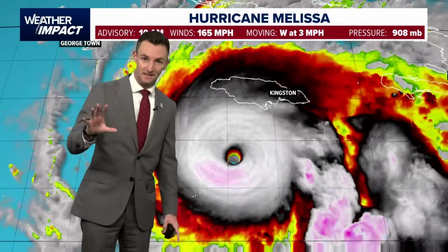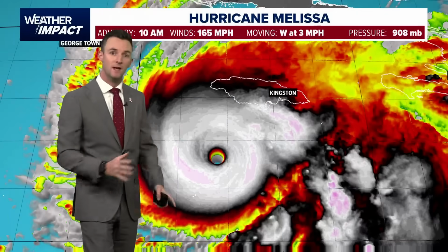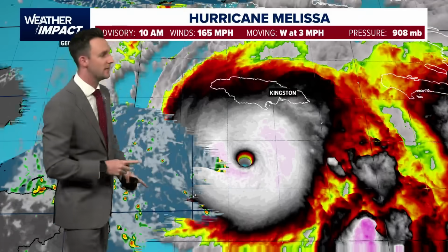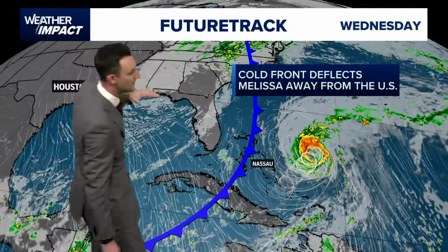For the United States, there were some concerns last week about whether or not this storm could eventually take a turn into the United States. And here it is on Future Track. We're going to take this out now the next 2 days, and I'll show you why we're not as concerned with that anymore. Notice we see landfall in Jamaica tomorrow, Cuba tomorrow evening, through the Turks and Caicos, and then